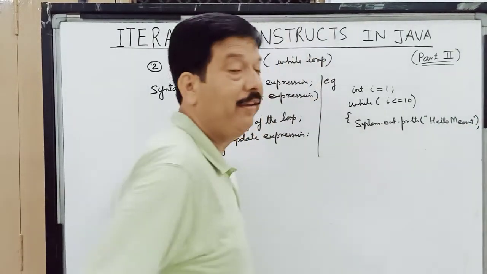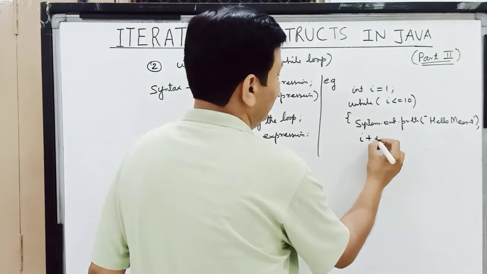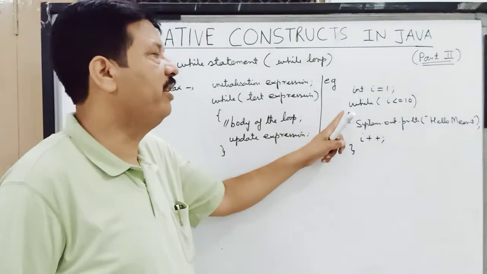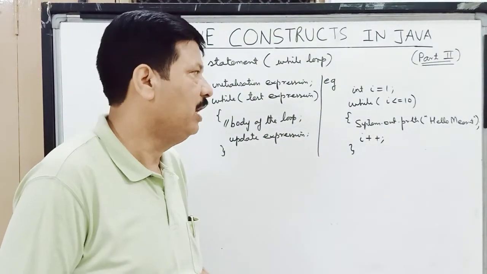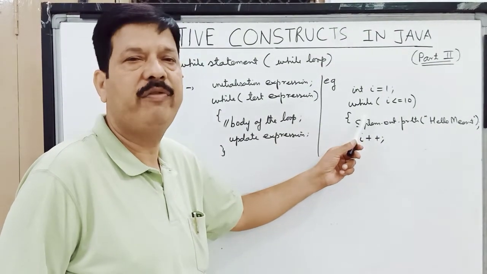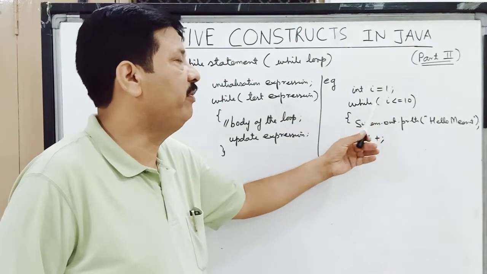I am writing Meerut since I am also from Meerut, so that is why I am writing it. So children, this is the loop which I have structured with the help of while statement. So here also you see that the test expression is before the body of the loop, so it forms an entry control loop.